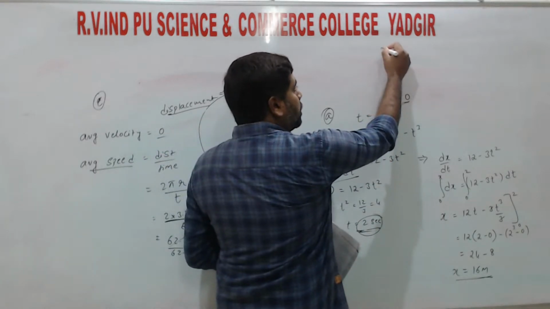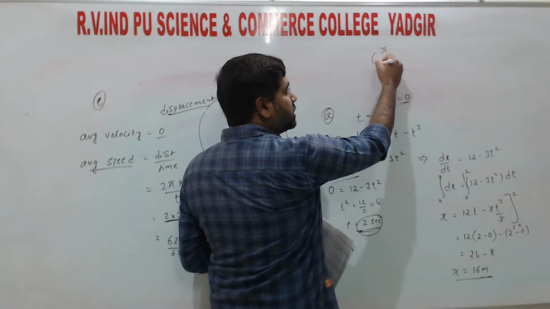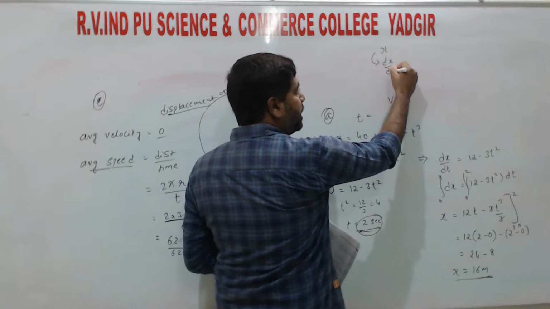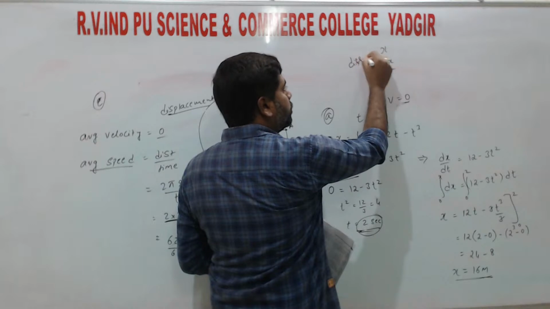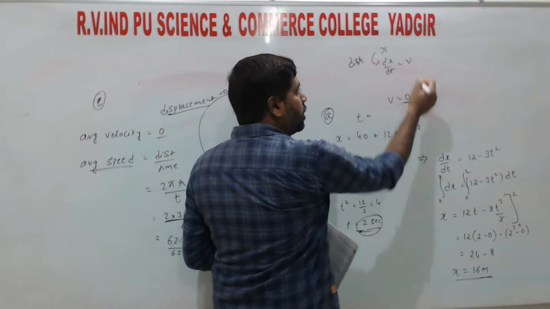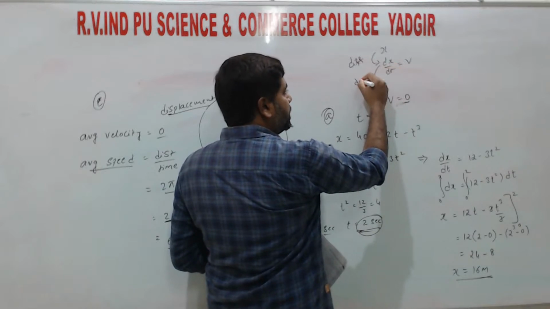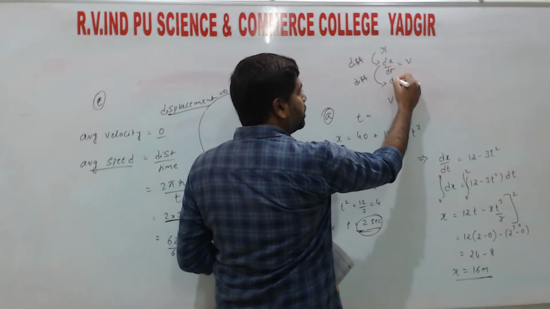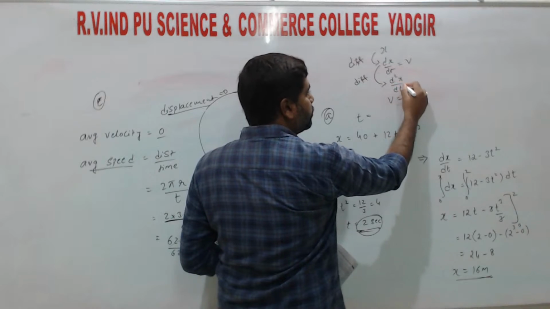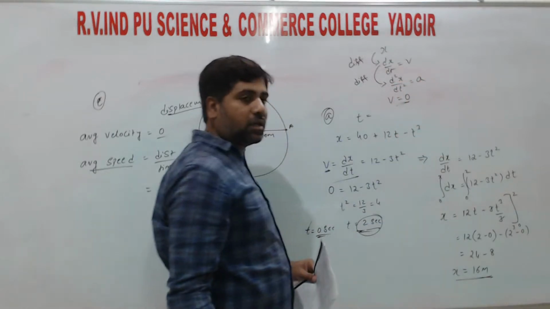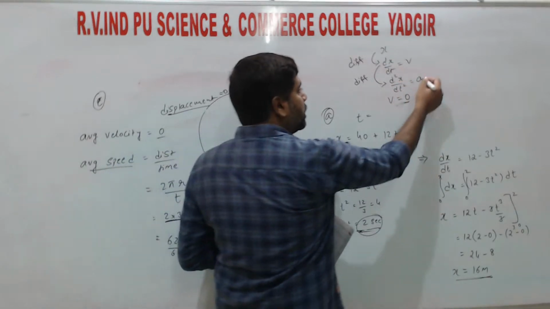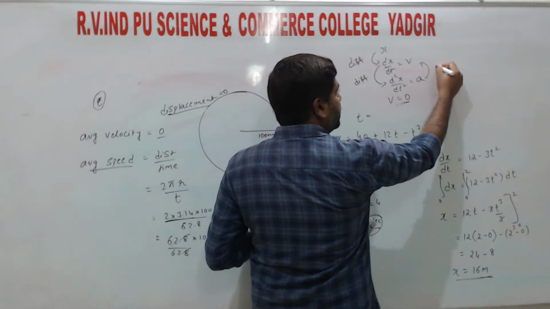That is, if we differentiate the displacement x, we get dx by dt. So what comes when we differentiate? We get velocity. So if we differentiate the velocity, we get d square x by dt square, that is equal to acceleration, right? So likewise, if we integrate the acceleration,